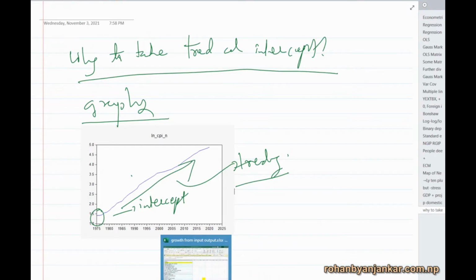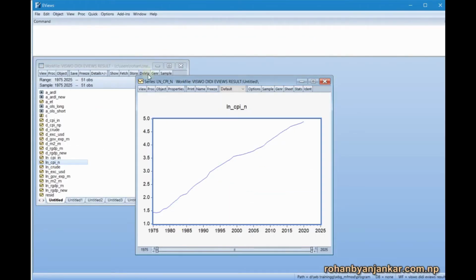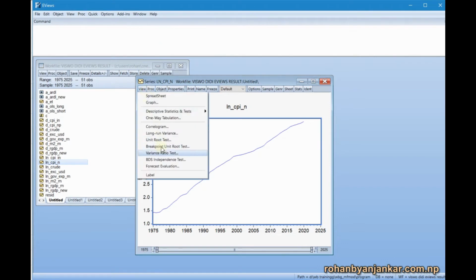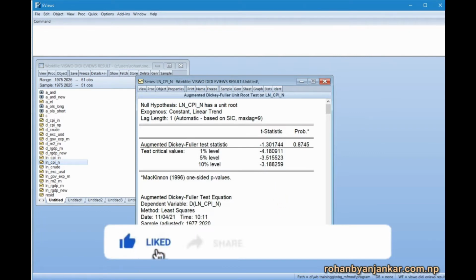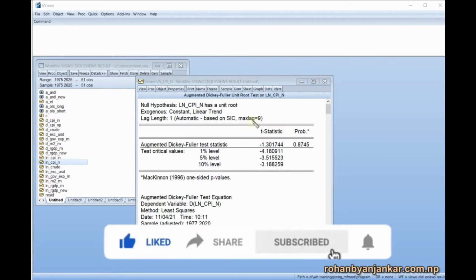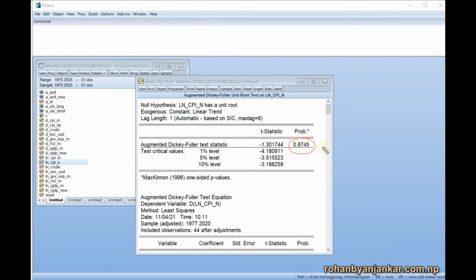Now let's go to EViews and take both trend and intercept in the unit root test. Now click on OK, and let's observe. Here we will only check the value of probability, and if it is less than 0.05